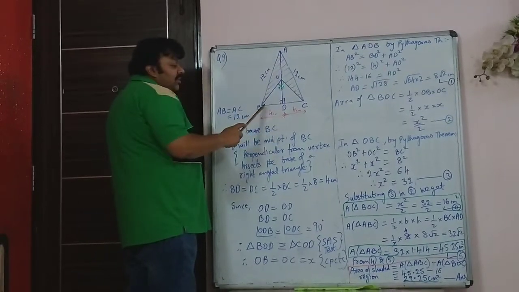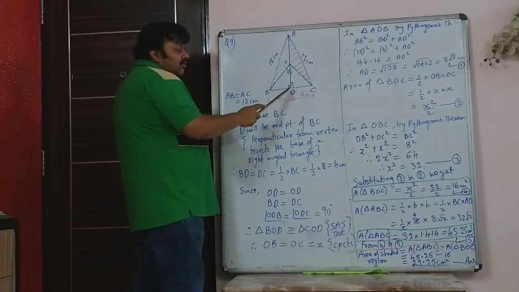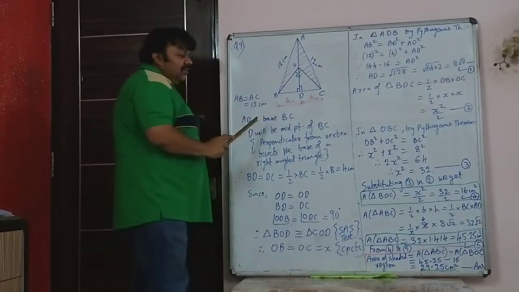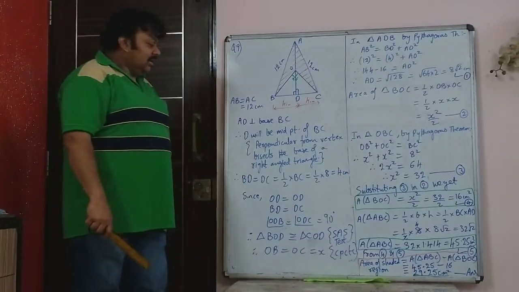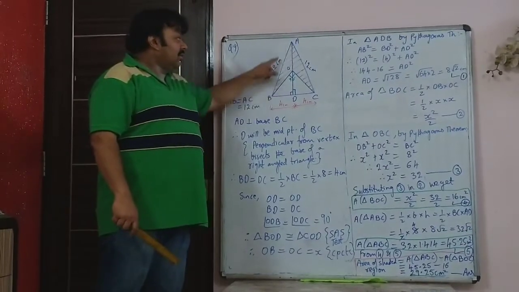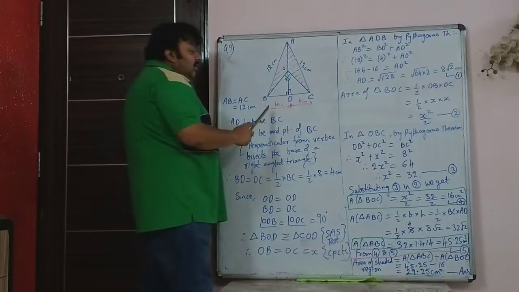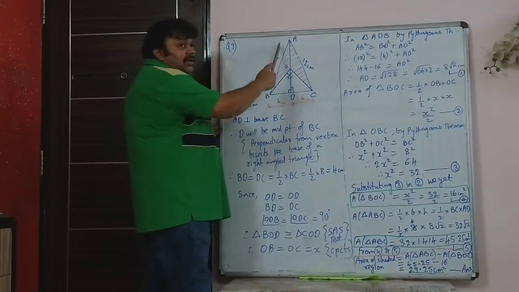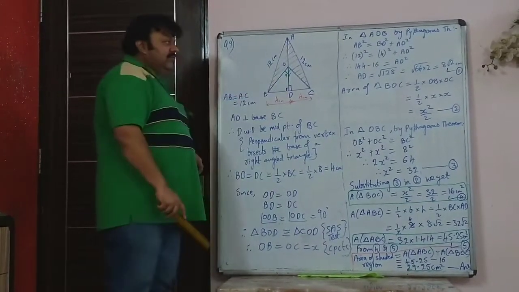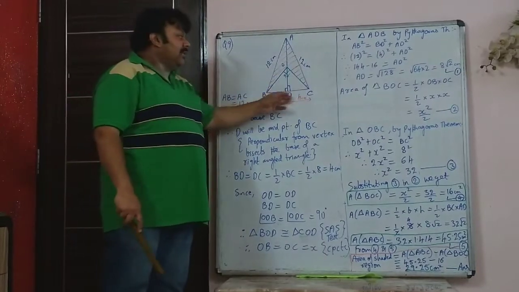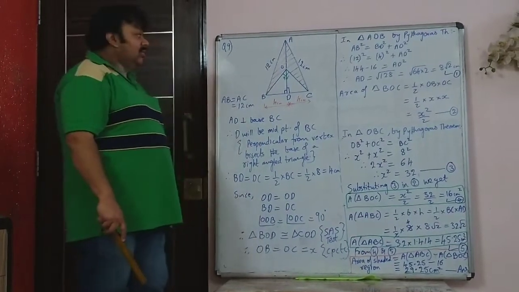And then you can find AD by Pythagoras theorem. You will get AD squared plus 4 squared is 12 squared. So you will get AD squared plus 16 is 144. So that way you can find AD. AD will be found using Pythagoras theorem in triangle ABD. So once you find AD, you can find the area of the big triangle ABC, half into 8 into length of AD. So that will give you the area of the big triangle. You already know half, base, and you can find AD by Pythagoras theorem.